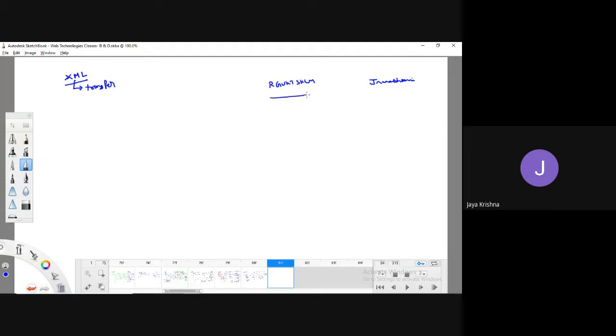What does this RGUKT SKLM server contain? It will contain all the data related to student information, marks, everything, and also the information about faculty salary, faculty information, all the non-teaching staff information, and all the administration information. Like that, we will have entire information. Coming to the Gnanabhoomi server, what these people will do is